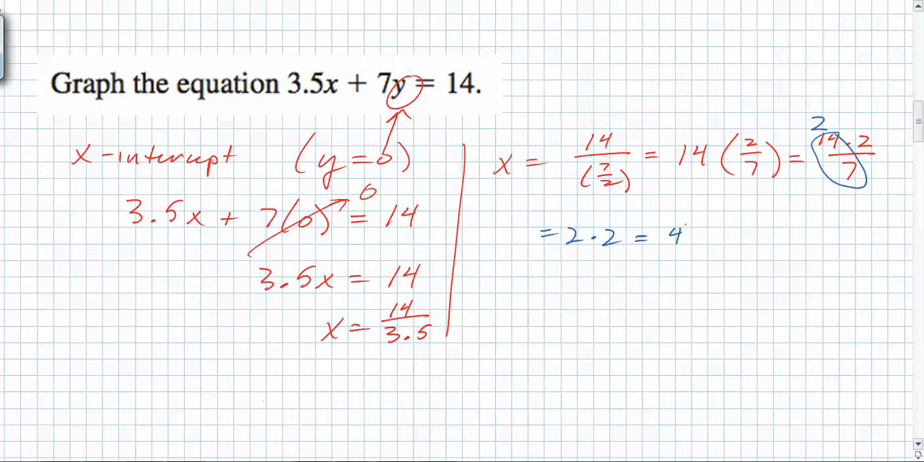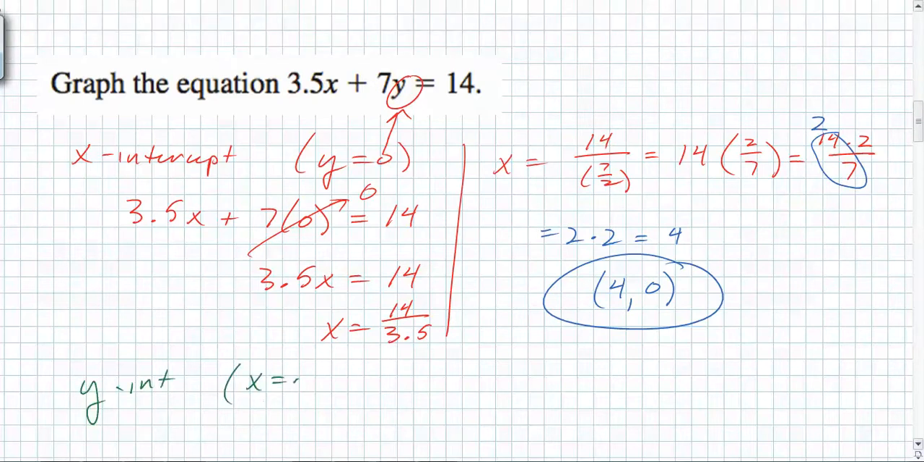This tells us that the x-intercept is 4. That's the point when y is 0. So the point is (4, 0). That's where it crosses the x-axis. Now, if we want to go after the y-intercept,